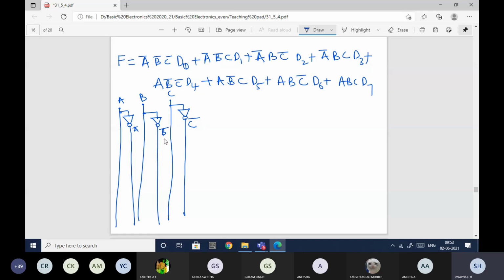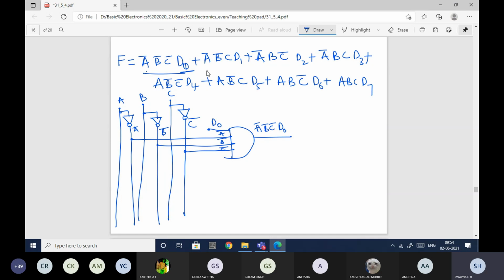First I need to get A bar, B bar, C bar, D0. So this is my A bar, this is my B bar, and this is my C bar. Along with that I also have D0, so I'll connect D0 also to this. My output here will be A bar, B bar, C bar, D0.